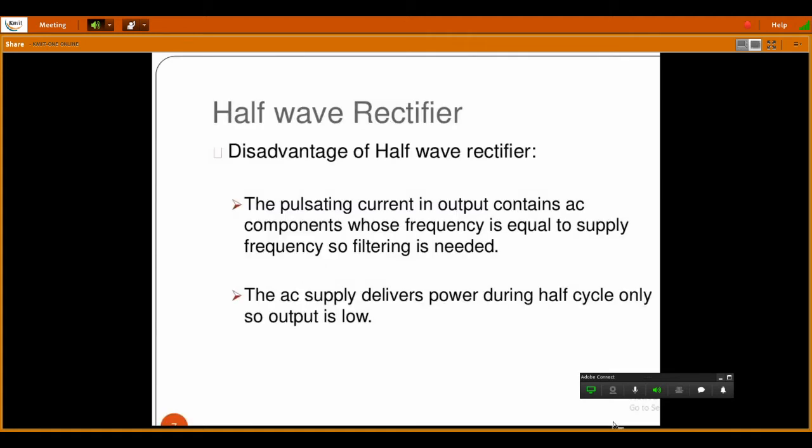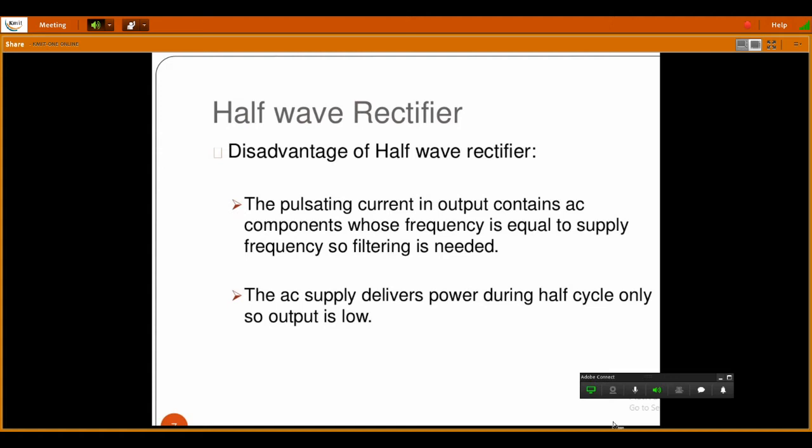So the half wave rectifier has many disadvantages. Generally, we don't prefer a half wave rectifier because 50% of the input is being removed. We may have some important information, so that will be lost. Only 50% of the input is rectified, which is not a recommended one. So it has many disadvantages.